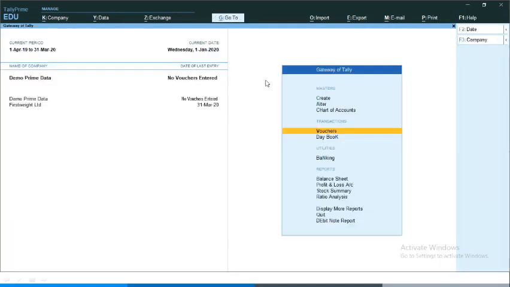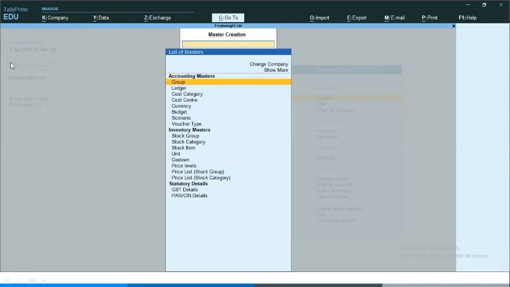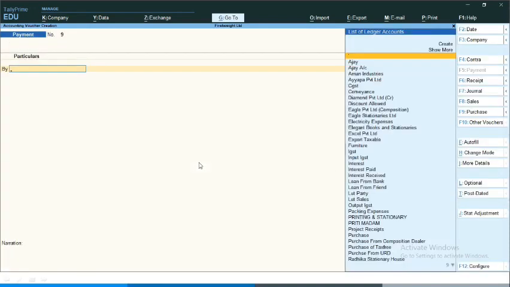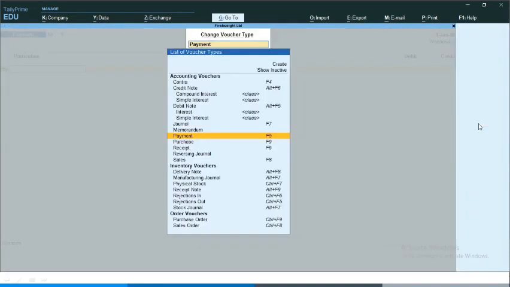In this way you can create a company, and if you want to see other features, you can see them from Create over here, that is budget, scenario, stock category, go down, and also on the voucher screen, that is F10. You can see all those activations which are available on F11 are given as default voucher types over here.